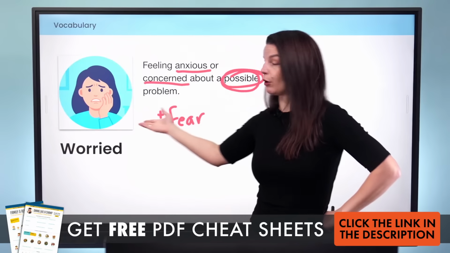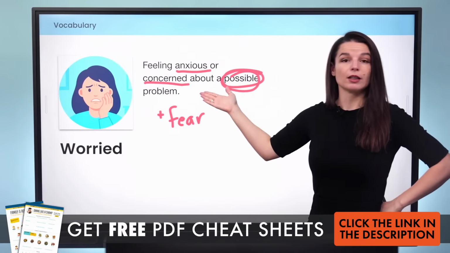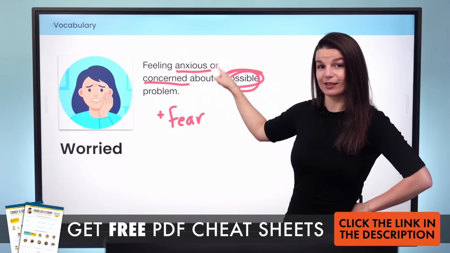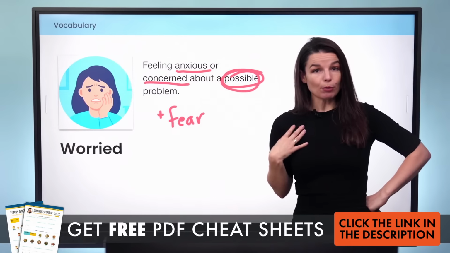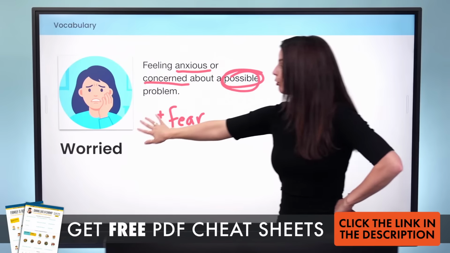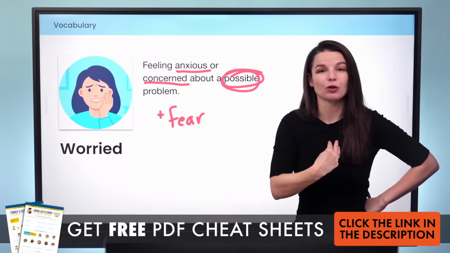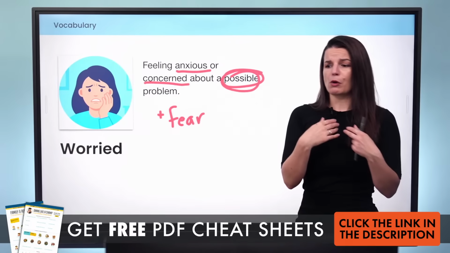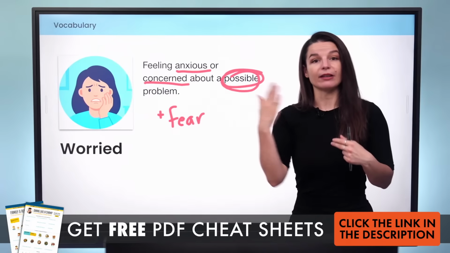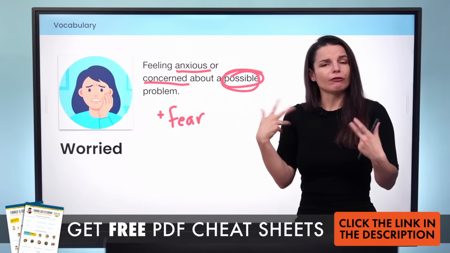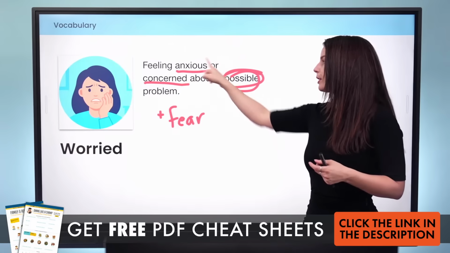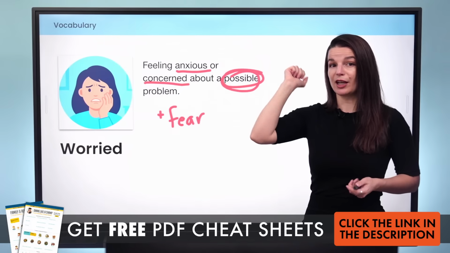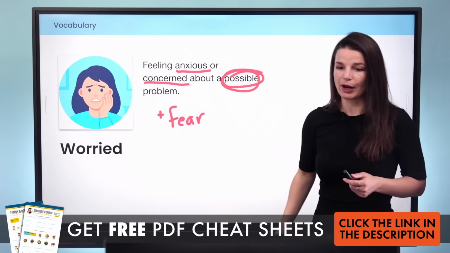Zach wrote, I'm worried about my stage performance. Good. So I'm worried, or please wait until later. Maybe anxious is a better word for stage. For me personally, as a guideline, worried is like a personal issue. I'm worried about my family member, or I'm worried about my friend, or I'm worried about my application, right? I feel a little fear. But later, we're going to talk about anxious, which is very good for presentations and performances. So please wait around for that.